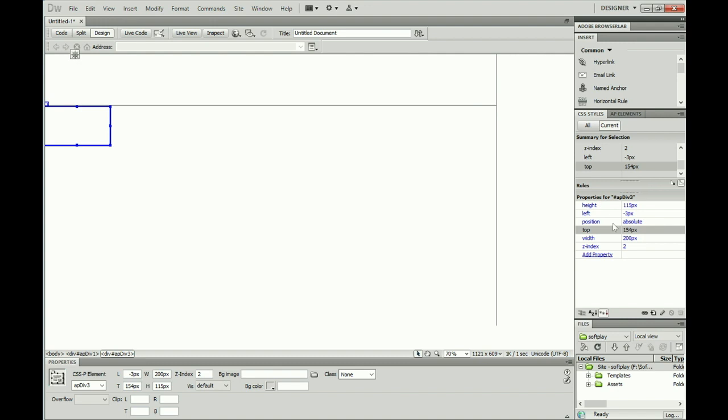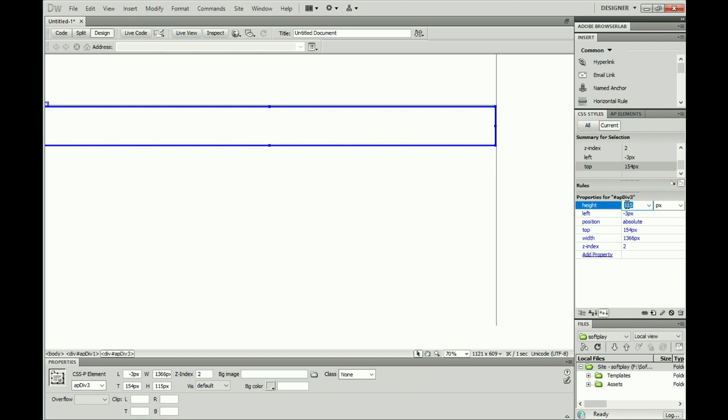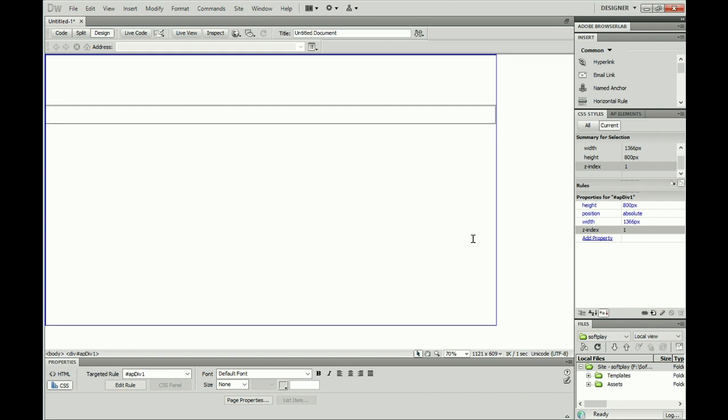Again, I'm going to make this 1366, so it goes all the way across, the same size as the banner. The buttons later in it I can make slightly smaller so that they don't necessarily go the whole width, and I'm going to set this to about 50 pixels in height, and that will give me a nice little space to put my